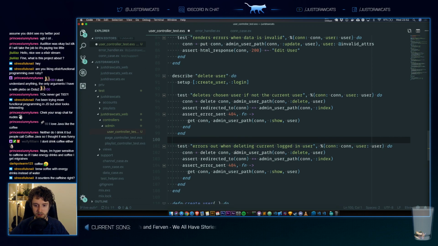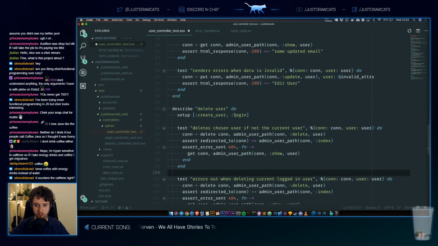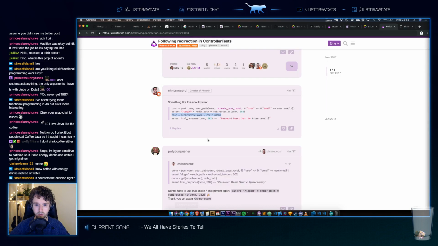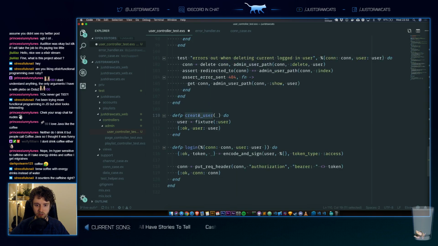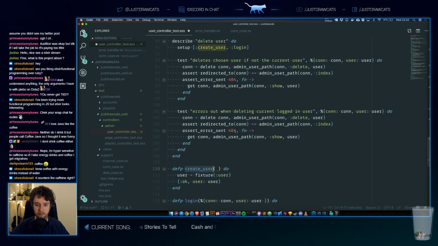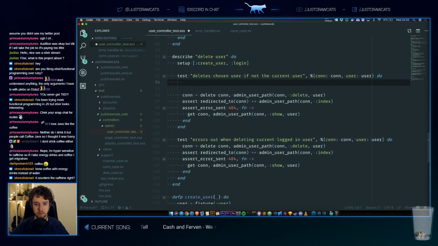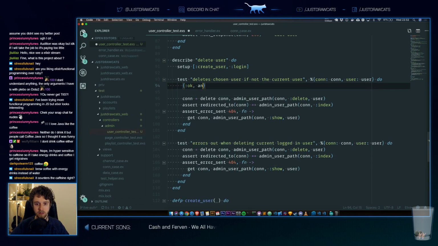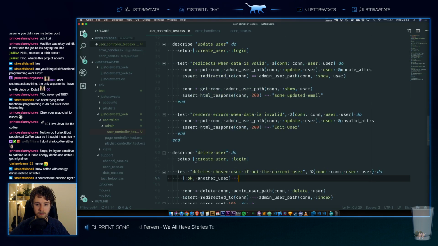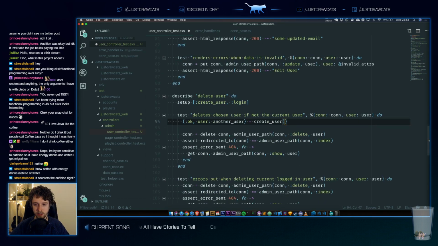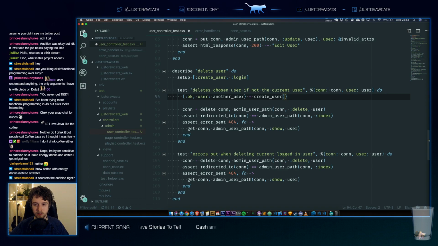That should be fine. So I need to create another user here, which we're going to use this fixture create user. Another user. Okay. Another user equals create user with anything, and then